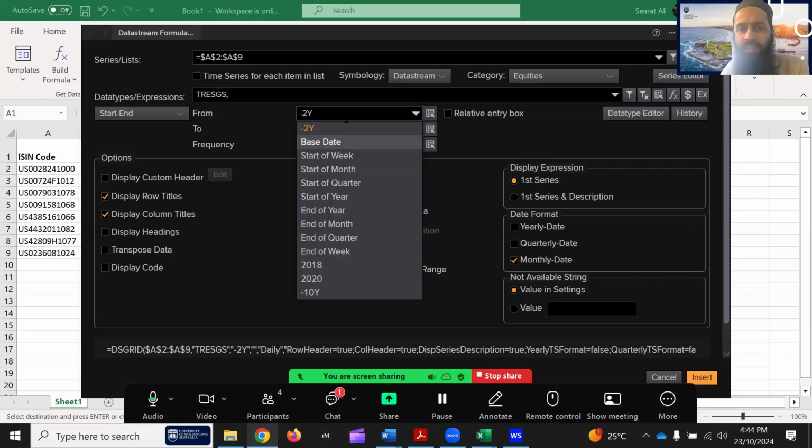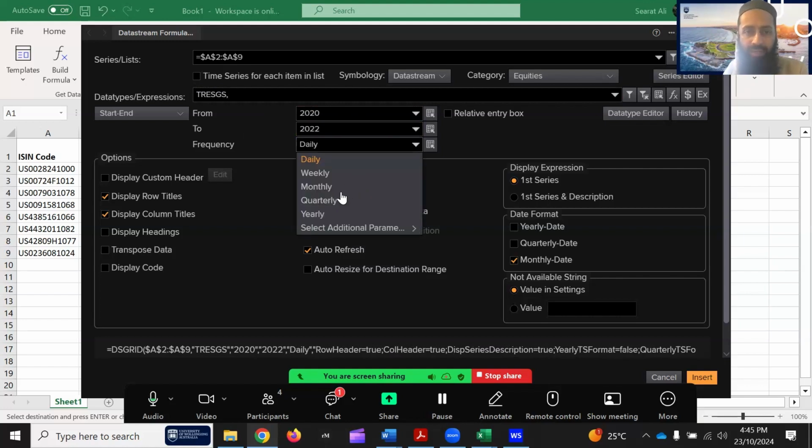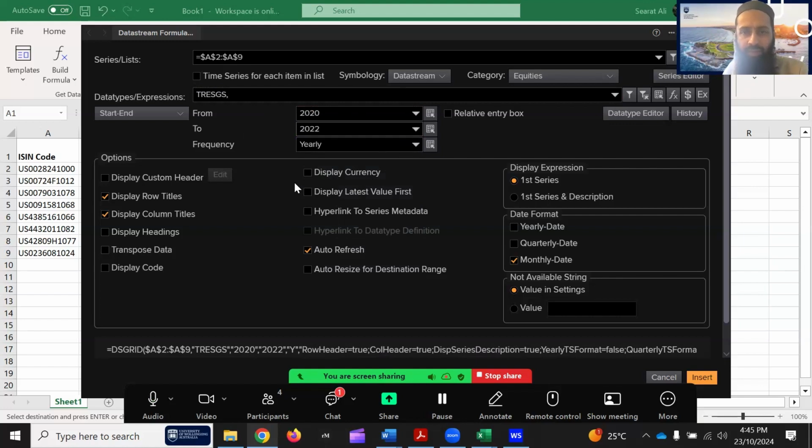And here you can add the frequency. As we know from 2020, you can also add years. You can add calendar date. You can also say FY-2, FY-3. It will work. So you can see different outputs based on that. And we need the yearly data. So we are done with this.